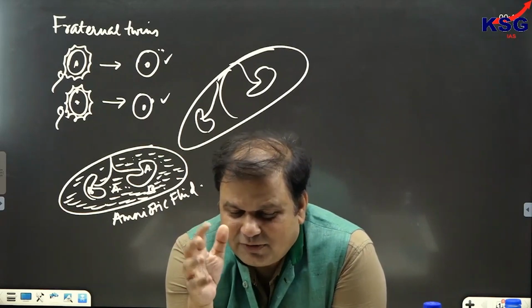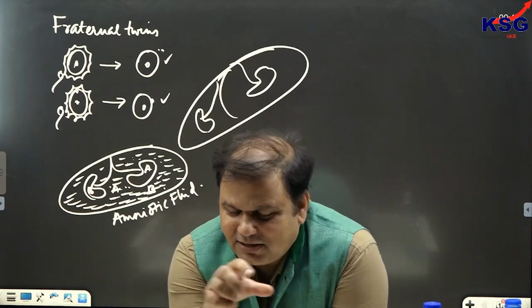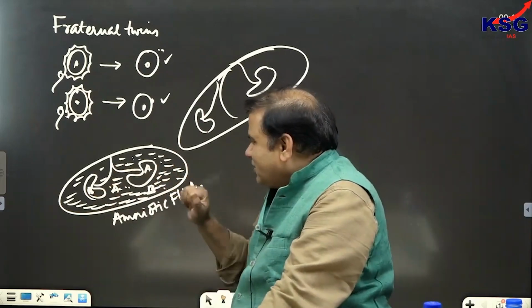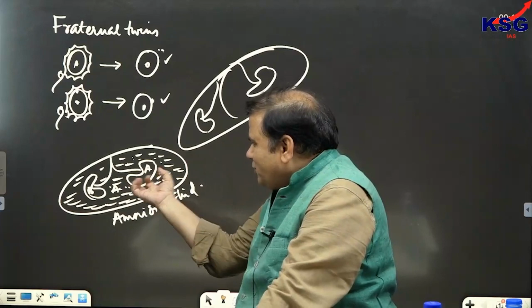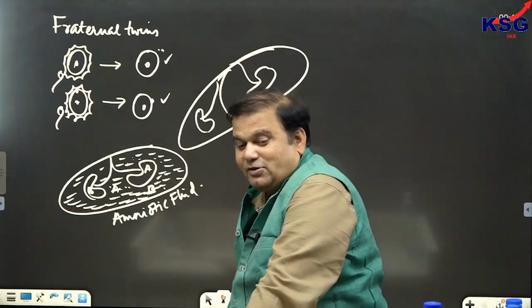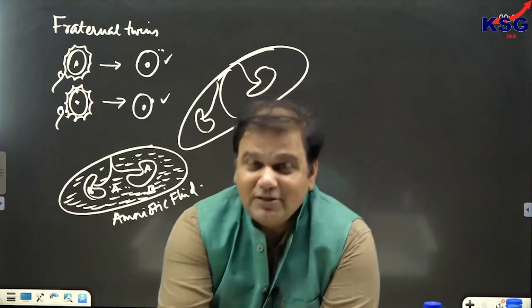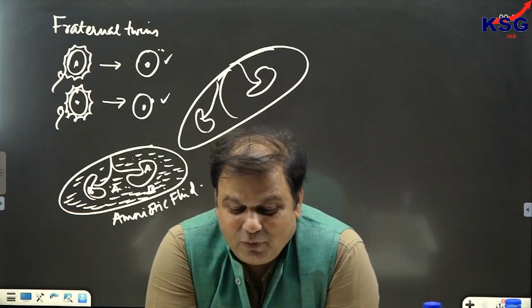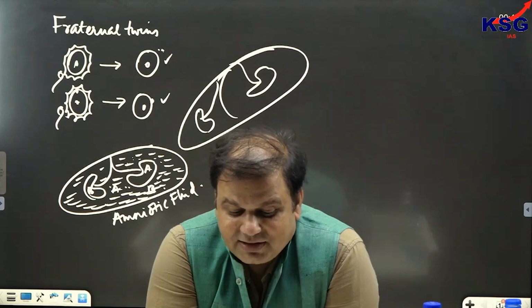Clear? जब प्रेगनेंसी हो रहा है तो उसी समय the cells, जैसे यहाँ पर है, मान लो कि दोनों एक ही एमनियोटिक सैक में हैं, एक ही प्लेसेंटा को शेयर कर रहे हैं, तो cells of each other would be absorbed by each other's body. That this would lead to more than one genetic makeup in the fetus. इससे क्या होगा? There would be more than one genetic makeup in the fetus, and